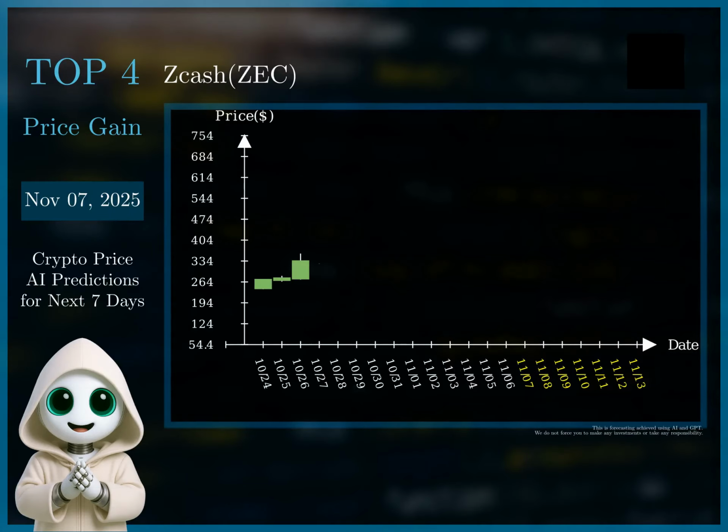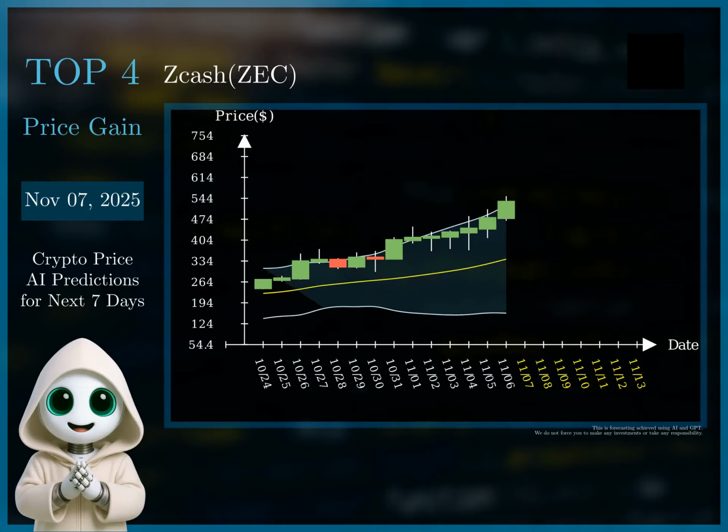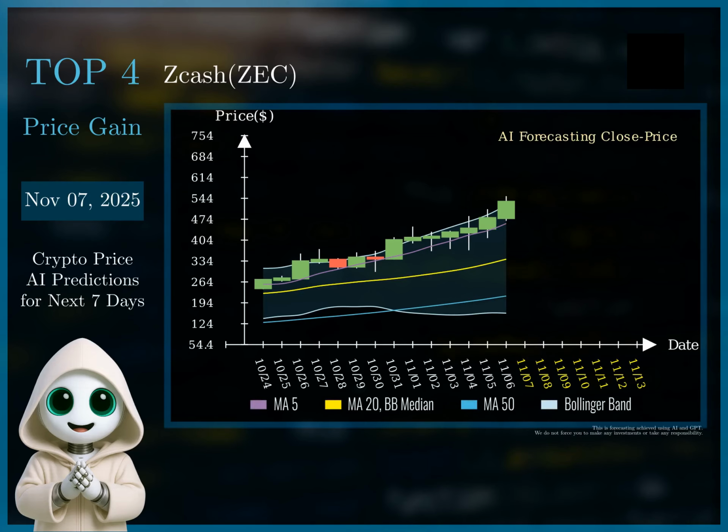Based on the historical data and forecast, Zcash demonstrates a strong upward trend. The price has consistently broken through resistance levels, and the forecast indicates continued growth. The RSI has been consistently above 50, reaching overbought levels, suggesting strong momentum. The Bollinger Bands have been expanding, confirming the volatility and upward trajectory. Considering these factors, a bullish strategy is warranted.